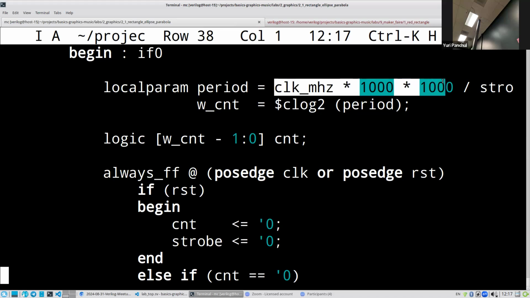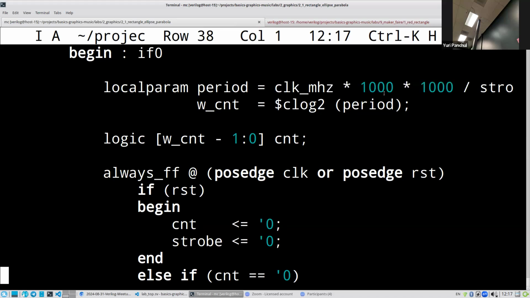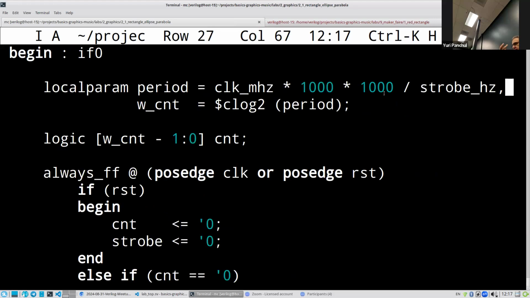So clock megahertz multiplied by 1000 by 1000 divided by strobe speed. So we compute how many clock cycles we should count before changing the signal, and then we compute width of our necessary counter by a logarithm of 2,